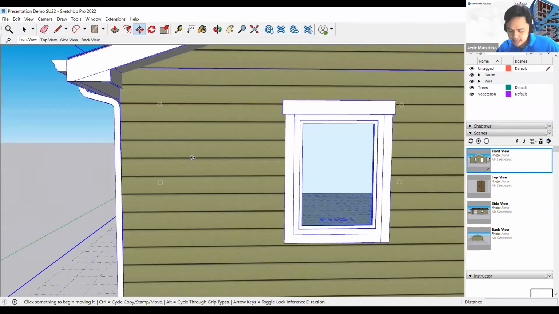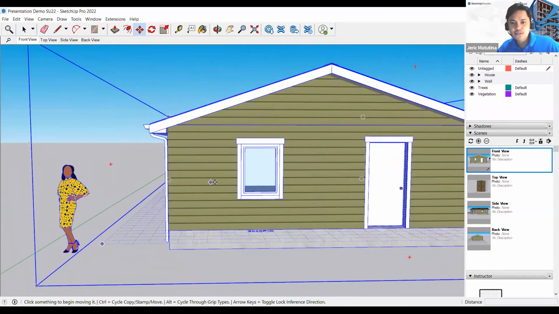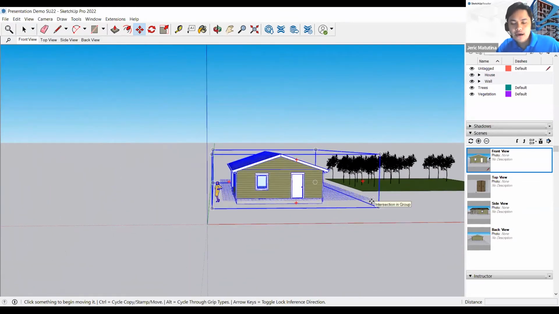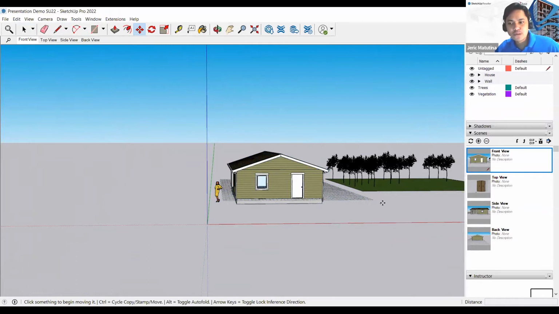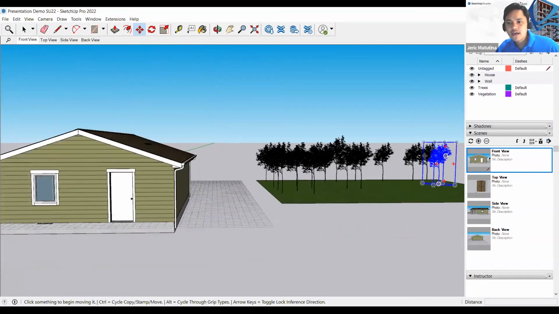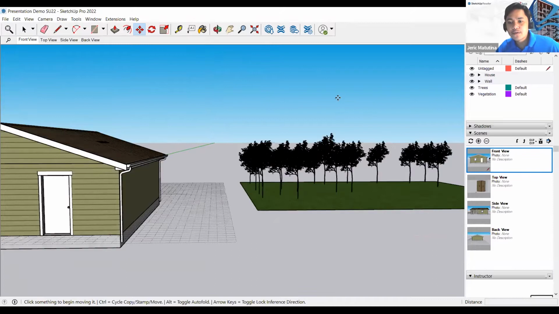So yeah. Next, we have the Lasso Select. So the Lasso Select is for multiple selection. Let's say we want to delete and we want na magkaroon ng multiple selections for us to save time and energy. So nasa toolbar lang din siya, and then